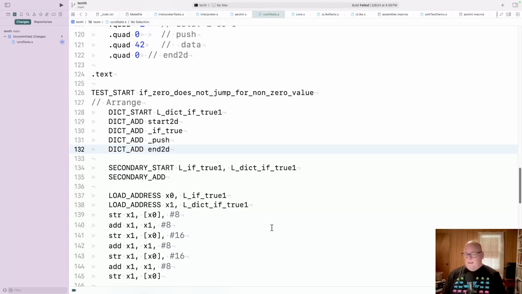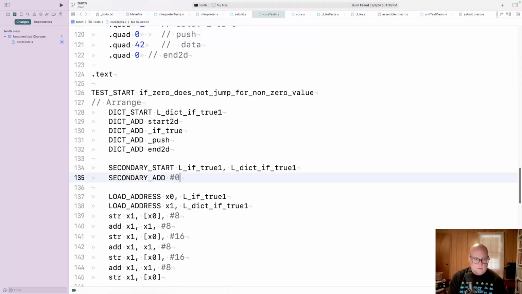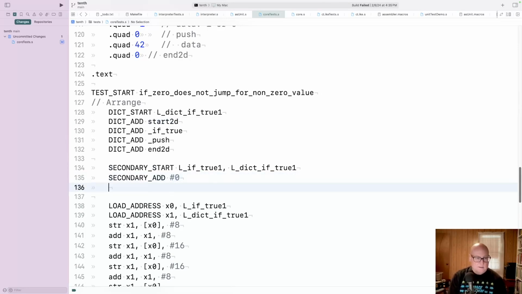That would be good. So 0 gets 0. All right, because that's start 2D. I'm going to say secondary. And